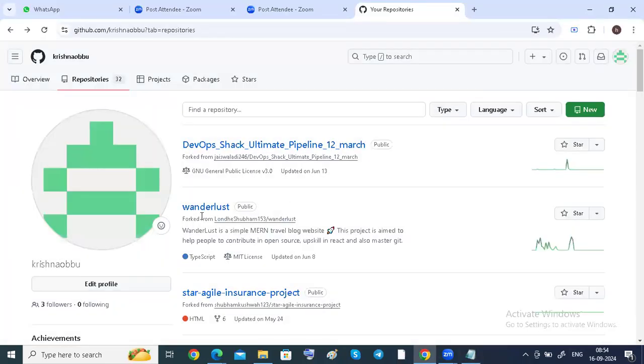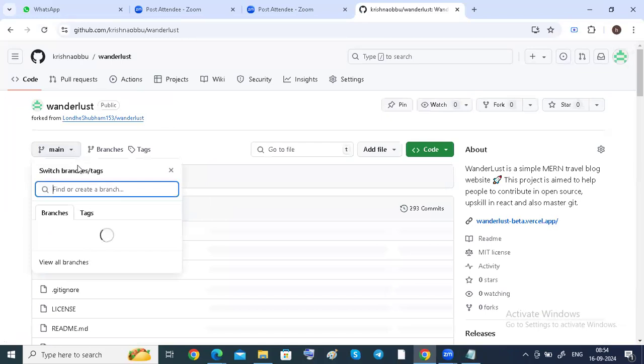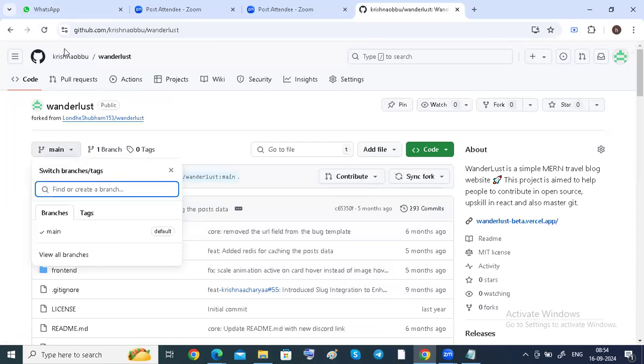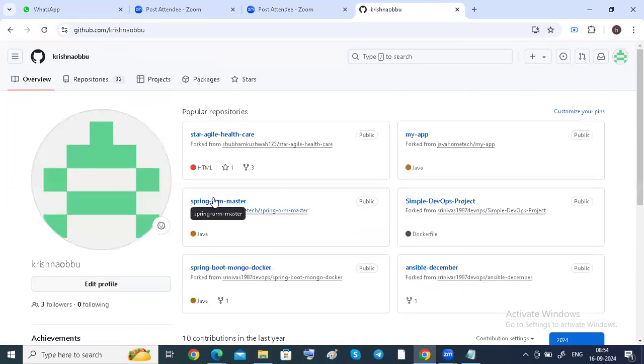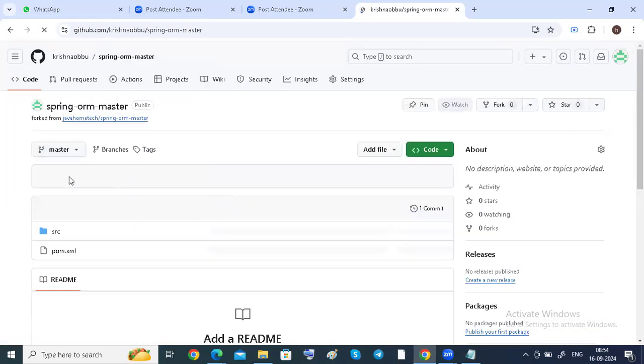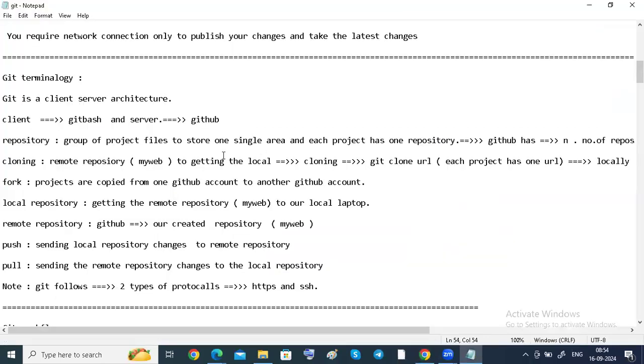Each project has its own repository, with its own files, like this. In a single area, they are stored.